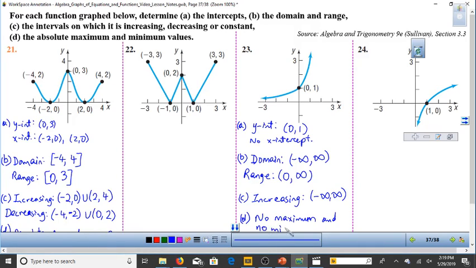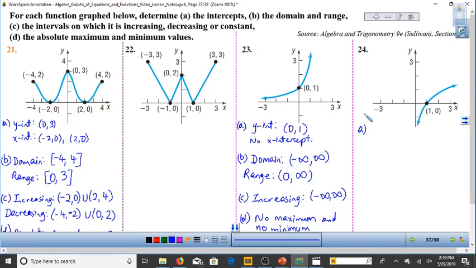And I'd like to point out that even though it doesn't go lower than 0, it actually doesn't get to 0, so it doesn't actually have a lowest point. It's kind of a weird situation with what we call open intervals, where you can get closer and closer to a number but never actually get there, so you don't actually have a lowest point. Last example on this page, we have